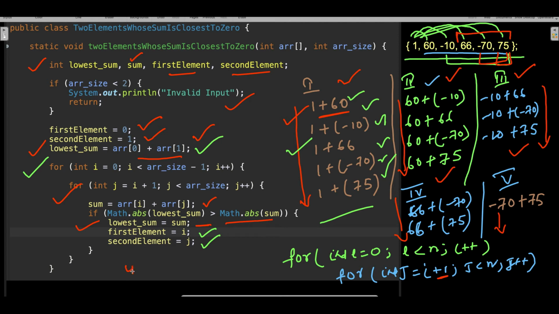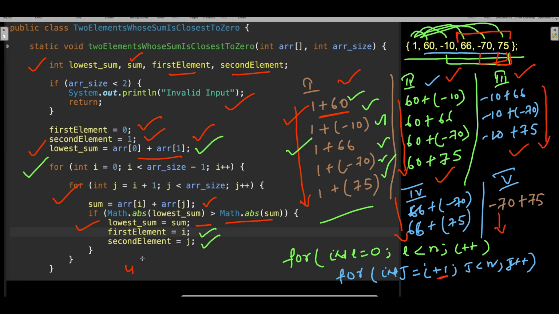So here, why I wrote math.abs is because you cannot compare negative and positive, right? You need to convert to the absolute number and then compare it. The negative or positive sign, whatever we have, you will still get the expected output, but this is just for the comparison. Here your sum will be negative, so you are comparing with the absolute data. If it is smaller, it will go inside.